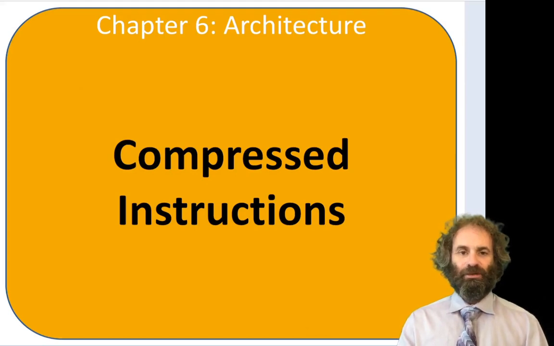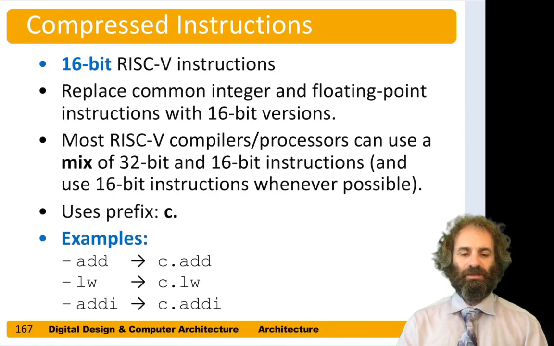Hello! In this video we'll talk about compressed instructions. So far we've looked at the 32-bit version of the RISC-V architecture, but RISC-V is trying to compete against microcontrollers, and many 16-bit microcontrollers pack their instructions in only 16 bits and therefore need about half as much code storage. And since code storage is often the biggest part of the cost of a microcontroller, 16-bit processors can have an advantage. So RISC-V and other instruction sets such as ARM have defined 16-bit